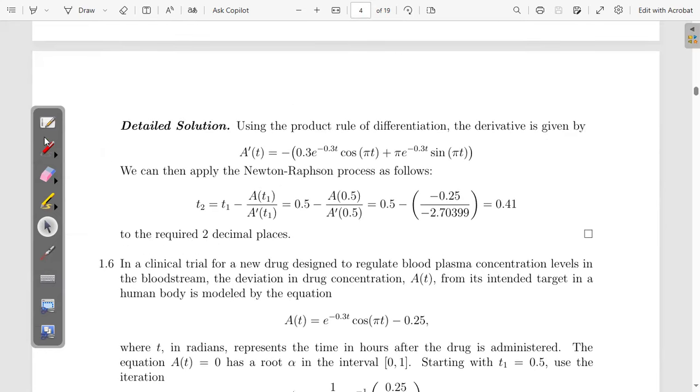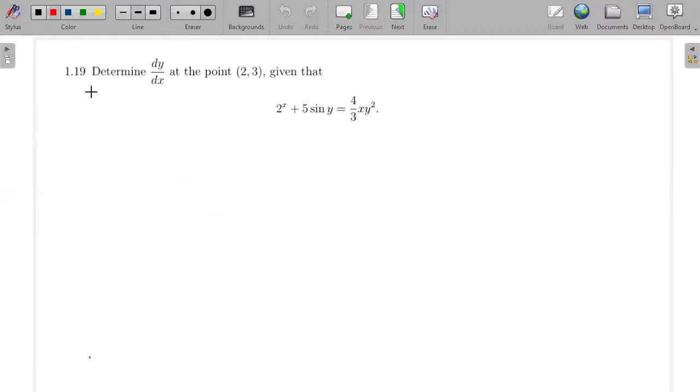Now let's revise some questions on trigonometry and further differentiation. The first question is saying: determine the dy dx at the point (2, 3) given the following equation. So this is the equation that we've been given here. Here we have to